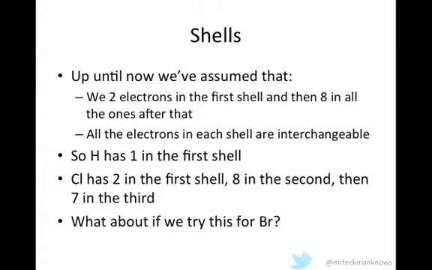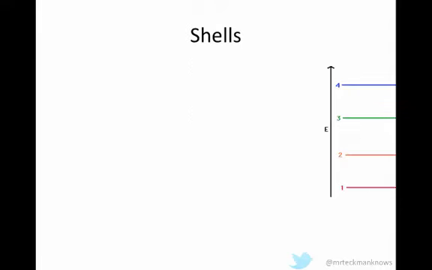Try that for bromine. You put 2 in the first shell, you put 8 in the next shell, you put 8 in the next shell, and then you end up with a lot more than 8 electrons trying to go into the fourth shell. In fact, you're trying to get 17 in there. It doesn't seem to make any sense. It's in the 4th row of the periodic table, so you'd expect it to have 4 shells full, but you can't fit them all in. So what's happening? Well,